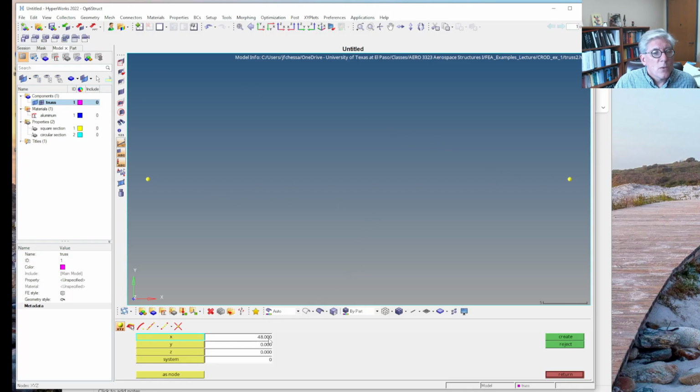Now we have to do another one that is another 4 feet. And so that's 96 inches. And up 3 feet from there, so that's 36 inches. And we're going to create that. Again, let's zoom out and look at everything. So that's the third node, and then we're going to come back with the fourth node, which will be at 48 inches and 36. And then the last one is going to be at